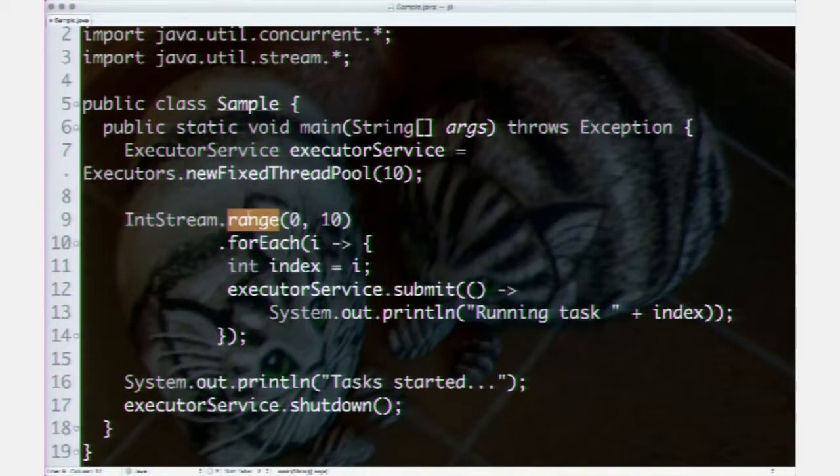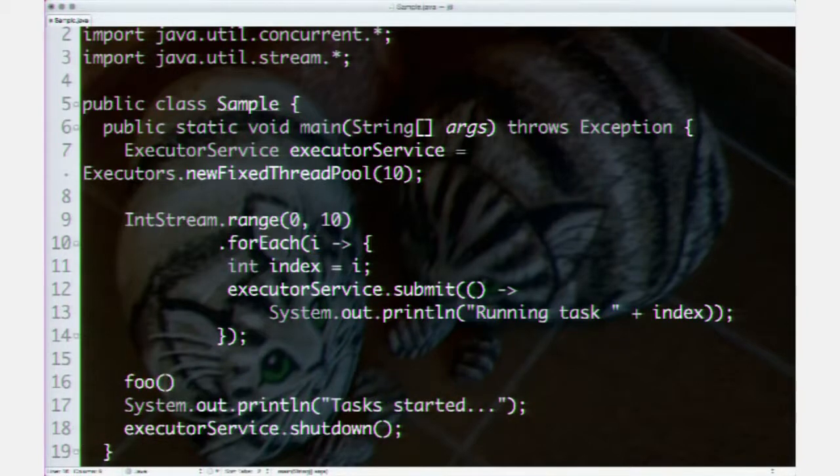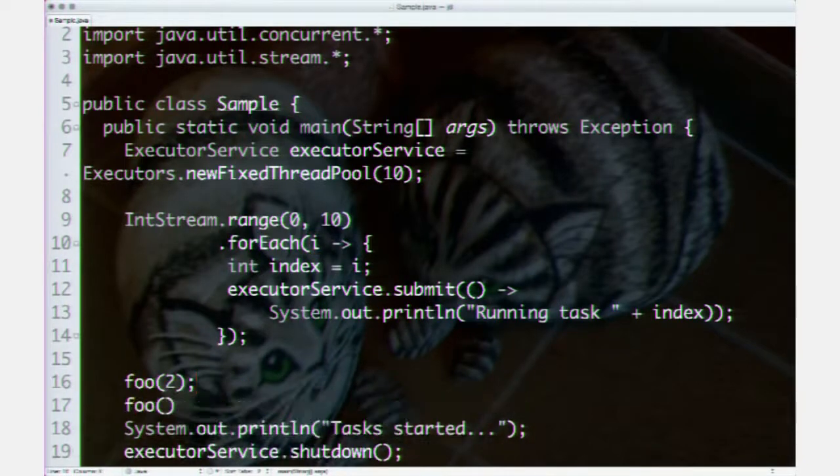And for every element in the range, I want to perform an operation on that particular value. Well, that's a bit of a refactoring, but we gained something a little bit more than just using lambdas here. If you notice this variable i, that is a parameter coming into this lambda expression. Well, if I were to call a function foo and send a value 2 to it, and call foo and